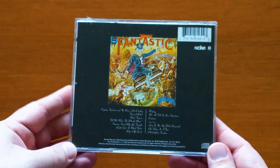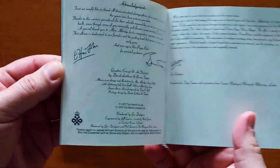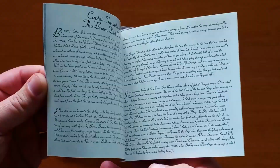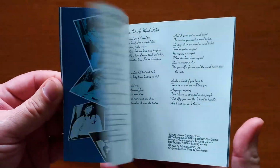UK. Now, this version was the first version of Captain Fantastic on any format, but certainly the first CD version, to have bonus tracks. It comes with Lucy in the Sky with Diamonds, One Day at a Time, and Philly Freedom, all three of which I think were recorded at Caribou Studios in late 1974. This copy is a later copy. It's definitely post-2000, after Universal Music Group formed. It was manufactured in the US by Universal, but the mastering on here is the same as the earlier 1995